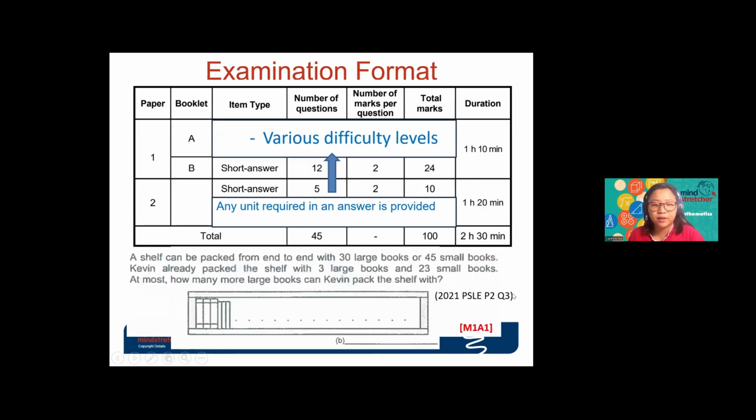Here's an example of an AO3 question, which came out in the 2021 PSLE. It came out as a 2 mark question. It was a non-routine question because that year, students had not seen any questions like this before. But after that, in my structure, we actually did modify this question, and most of my structure students have seen similar questions to this now, where you compare and replace to solve this problem. It was a non-routine, AO3 question. It could be a 2 mark question.